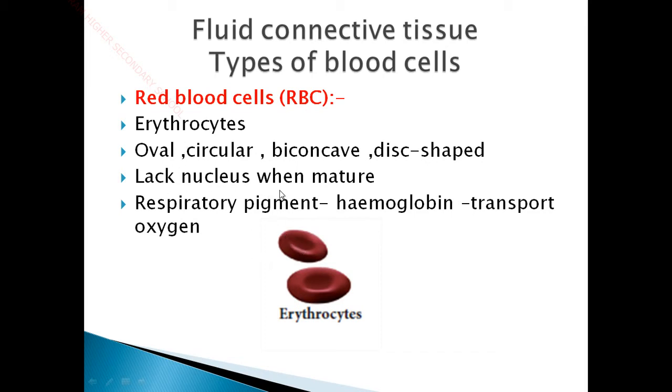These red blood cells lack a nucleus when mature. Children, we know already cells have a nucleus, which is the controlling center of the cell. Without a nucleus the cell cannot survive. So how can this type of red blood cell survive without a nucleus? Let us see how it is happening. Look at the sentence very carefully: they lack a nucleus when mature. So the newborn RBC cells, red blood cells, have a nucleus. Only when the cells become mature do they lack a nucleus.